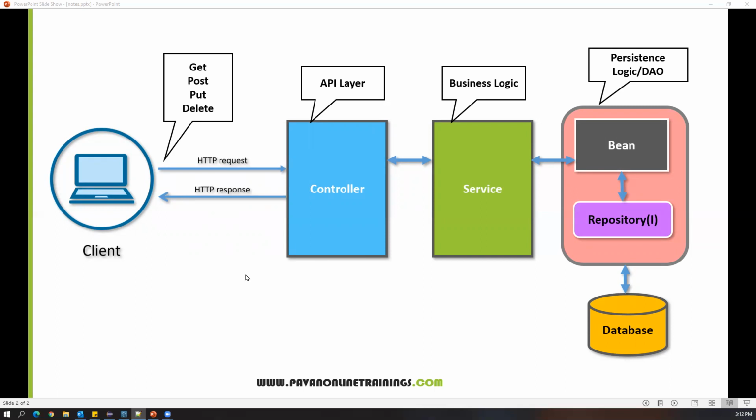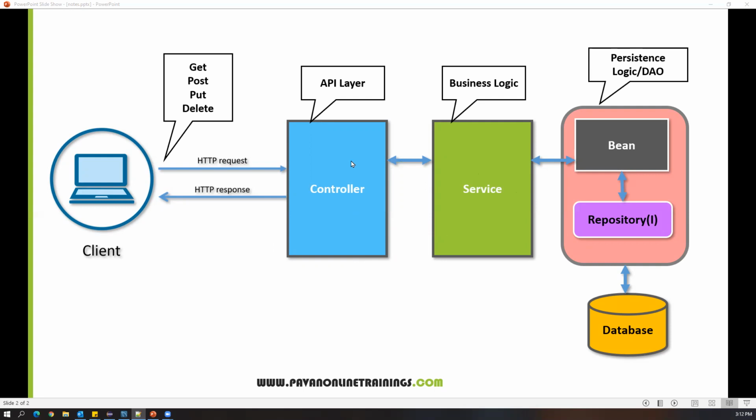But this time we are going to write the unit test cases for the controller methods by passing the HTTP request, and we will get the response from the controller method and we will validate the response. But we are not going to start the Spring Boot application or Spring Boot server. At the same time, we are going to mock the service layer as usual. So we are going to mock the service layer and invoke the controller method indirectly, through the MockMvc framework.